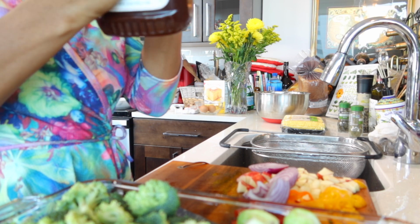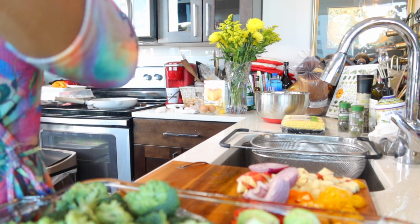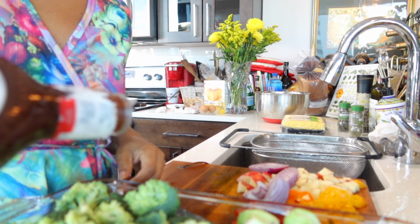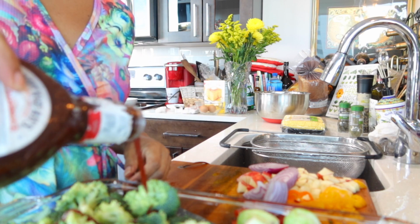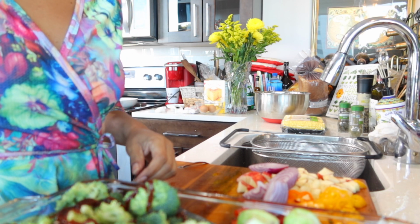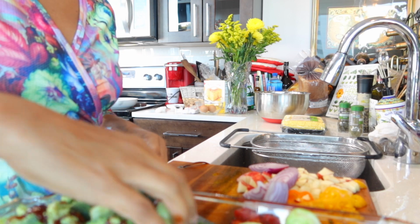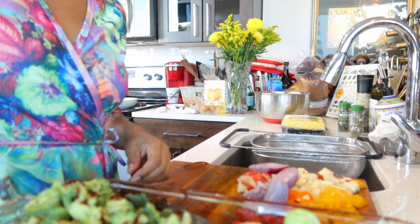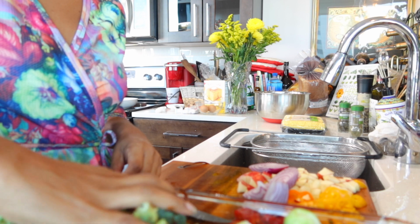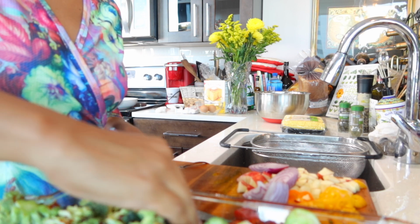Okay, so let me show you the secret, ladies, gentlemen, and Judies. Okay, so you're just gonna pour just a little bit, like that. And then you're gonna take your beautiful fingers, and then you're just gonna mix it in naturally. Let all that nice seasoning get on it, just like this. That's all, nothing special, right? You just want it to just a little bit get on the broccoli, but don't